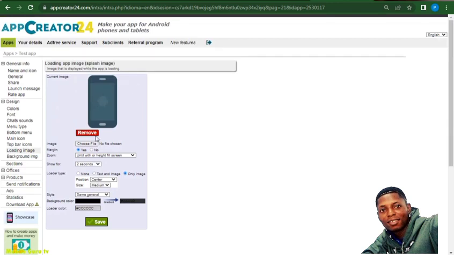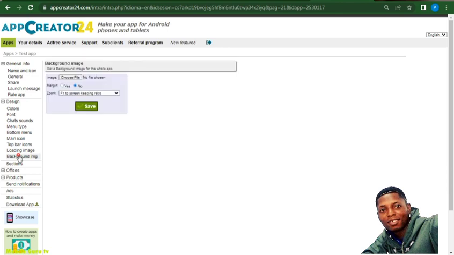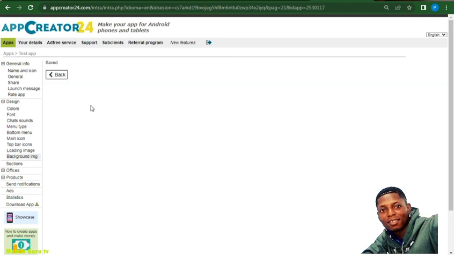Now this is the loading image. That is when people open your application, there is an image that first loads and shows to the people. So you can choose and select and configure it. Now the background image, so you can choose color as your background, you can also select an image as your background, depending on how you like it and how you want it. So now let's